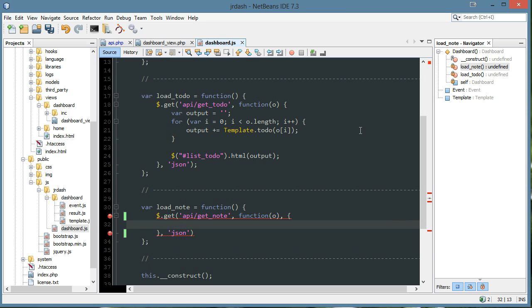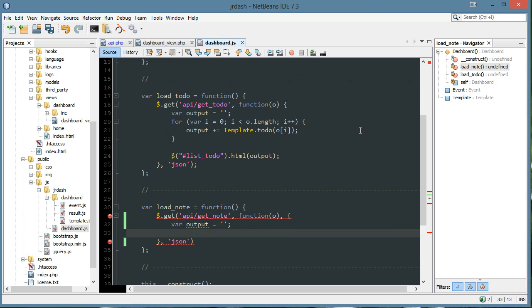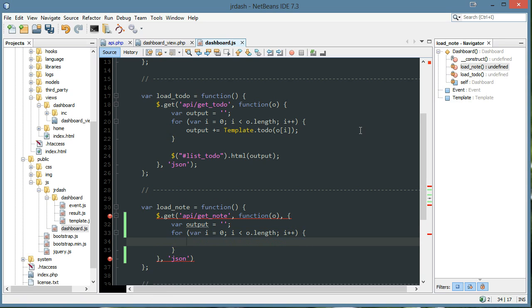And in here, I'll start with my var output is just going to be an empty string. Now it's not good to just say var output sometimes, because it will come back as undefined and it'll show up in your text. So let's say var i is 0, i is less than o.length, i plus plus. Just a simple for loop. And we'll do output plus equals